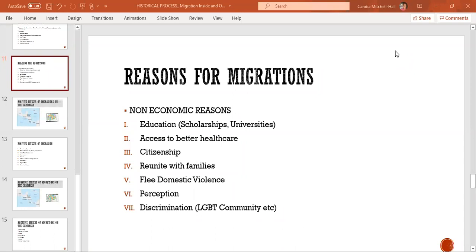Also, people migrate because of discrimination, especially people from the LGBT communities. They too migrate to escape the discrimination. So for example, you have a gay young man in your community. Every time he walks on the road, they throw stones at him. Next time you realize that they burned down his house, he ends up living in the gully close by where your school is. He's living in the gully,